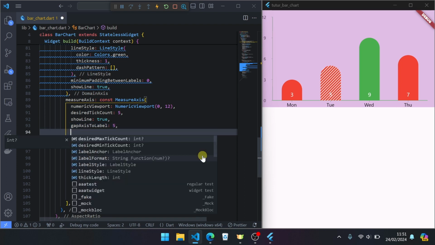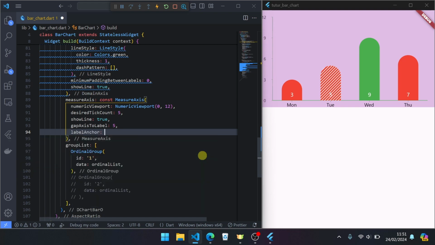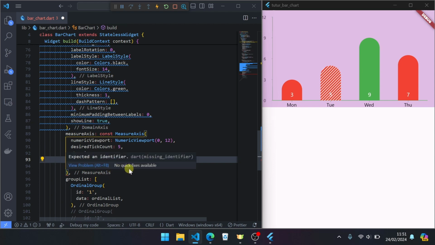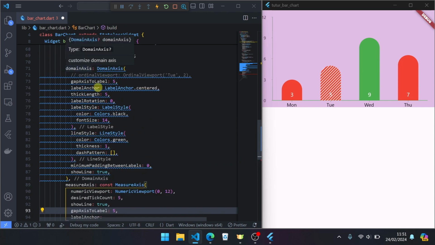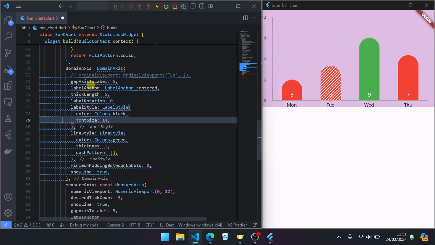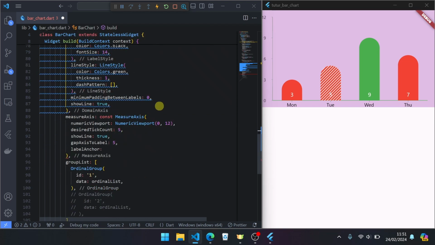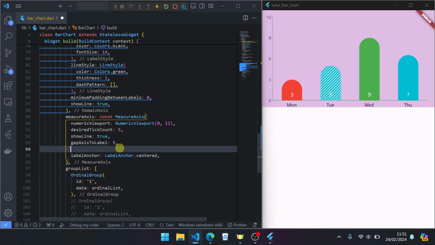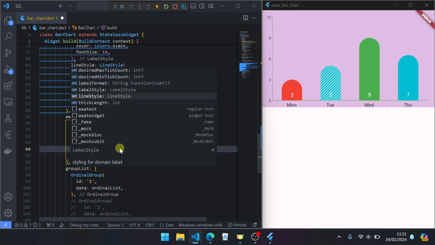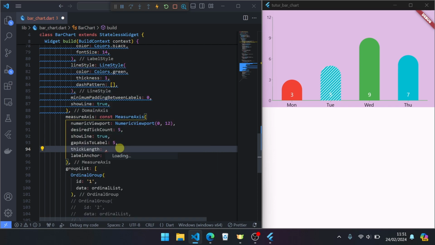Go back to default. Next is label anchor. The behavior is the same as domain axis label anchor. Save. This will be clearer if you set the tick length longer. The default is 3, then we set it to 5, maybe.